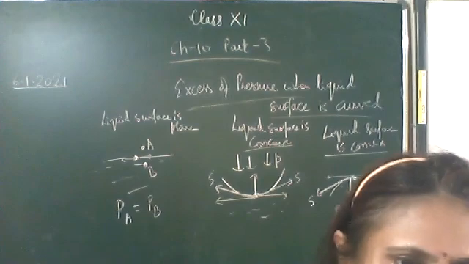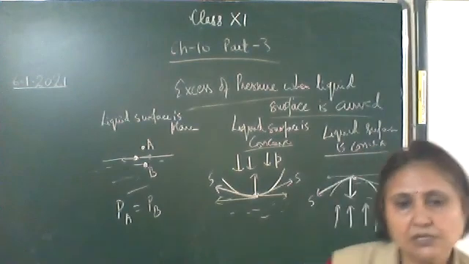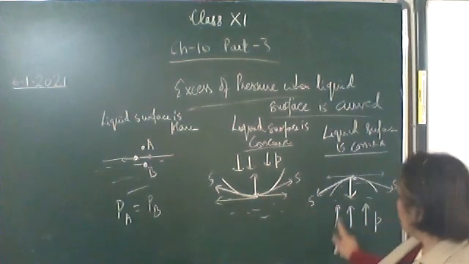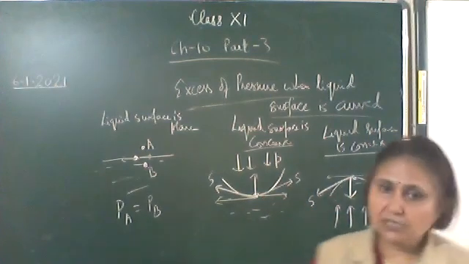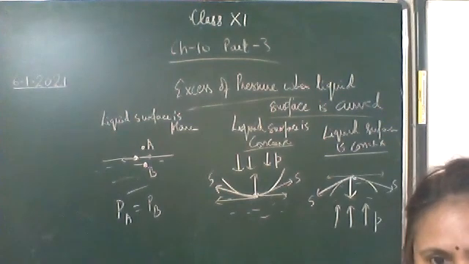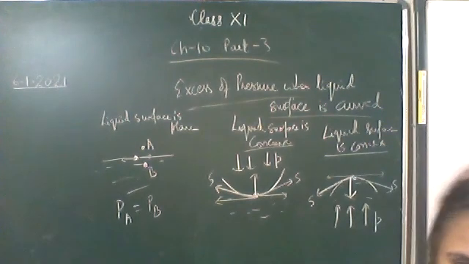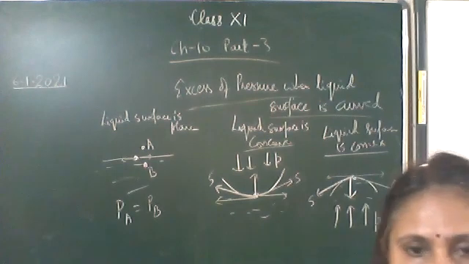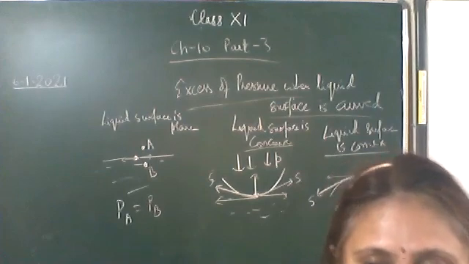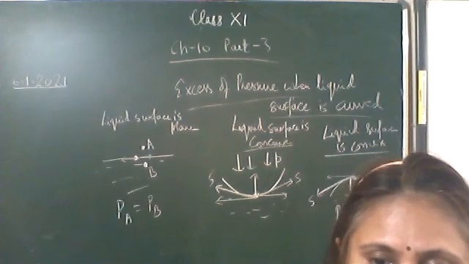Okay, so whenever the liquid meniscus is curved, the excess of pressure, looking from here also it is concave side, looking from here also it is concave side. So the excess of pressure is always towards the concave side. Only this much you have to remember. Based on it, we'll find out the excess of pressure inside a liquid drop, in the air bubble and in the soap bubble. All this we'll do tomorrow.